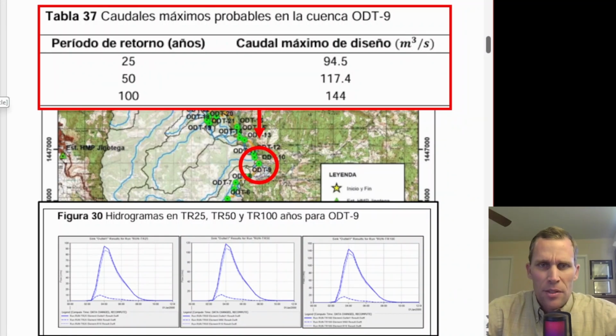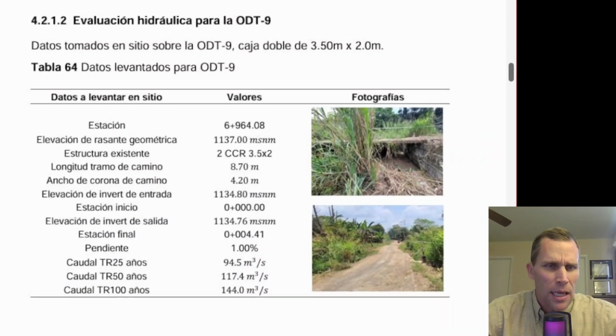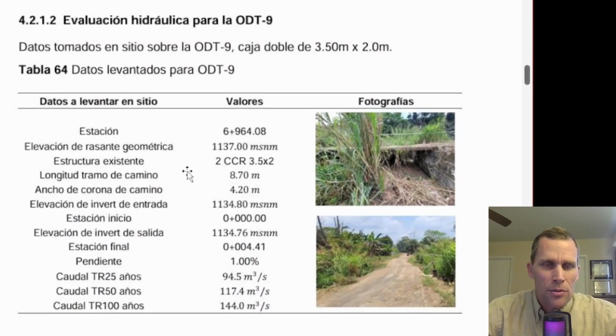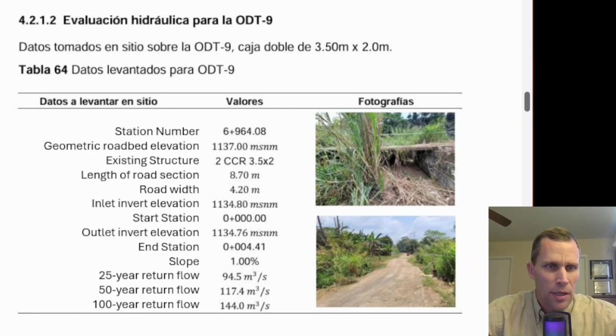On the next slide, I have some of the design parameters for this specific ODT9 crossing, and they're right here in this table. So this is mostly Spanish, I understand, and I do have it translated to English right here, at least this first column, which is the label, and then the parameter or the value, and then a couple photos. We can look at a few more photos up close towards the end. But basically what we have here is the station number, the geometric roadway elevation, that's going to be the height of the roadway. The existing structure which is in place here is two barrels that are sized 3.5 meters wide